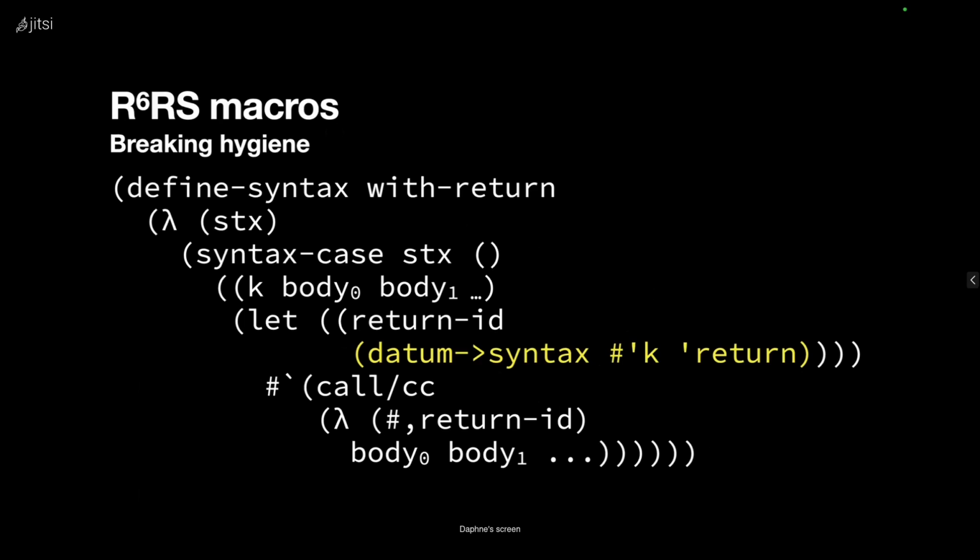Because I'm able to do compile time evaluation, I can also choose to break hygiene. I can actually do this in a way that allows hygienic macros, fully hygienic macros, and unhygienic macros to compose with one another. This is a key advantage of the syntax-case system over competing procedural macros in Scheme. So here I say datum->syntax, I want an identifier for this escape procedure. I want it to be called return always. But I want it to be in the same lexical context as the actual name of the macro at the site that it was used. So I get that from here in the pattern match, and I put it here.